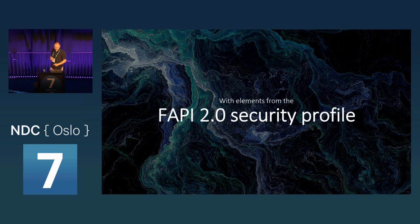In addition, we have what is called the FAPI 2 security profile. FAPI was, back in the day, an initiative for financial APIs, mainly in the banking sector. They were required to open up their APIs, so you can use one bank and get insight into your bank account at another bank. They are required to do this sharing, so they needed to do it in a secure way. So they made a security profile for